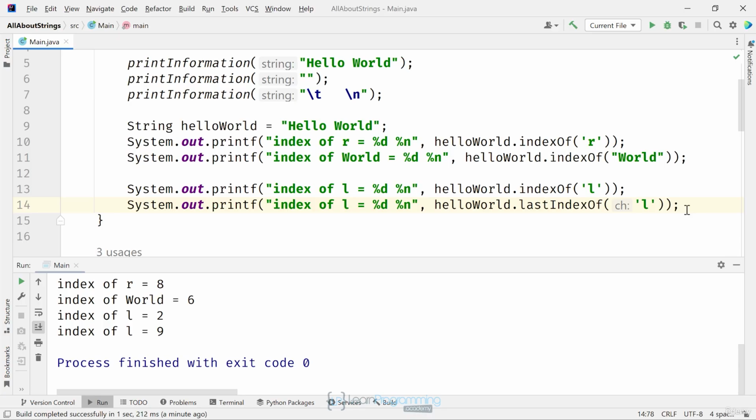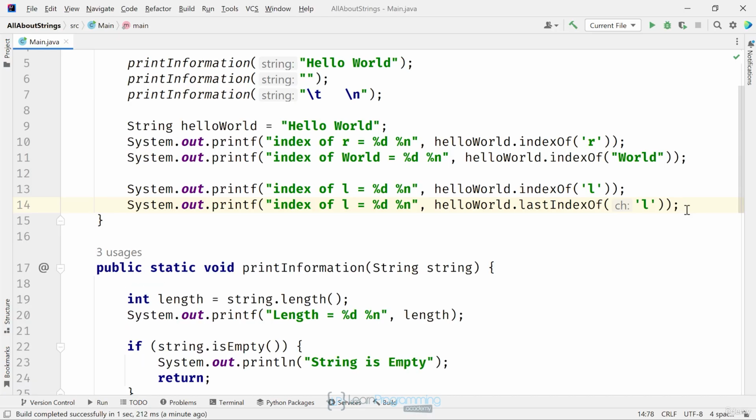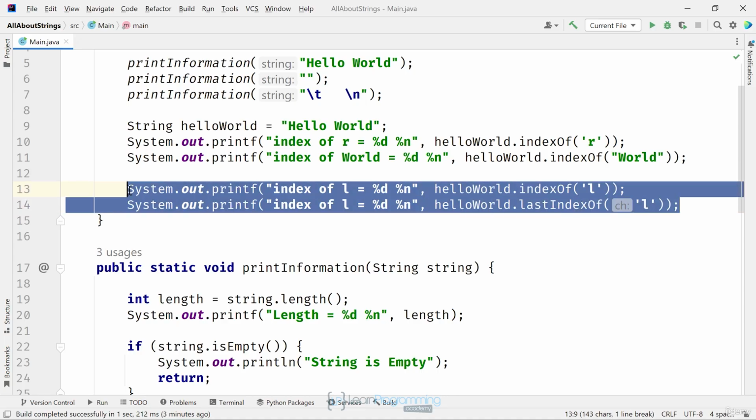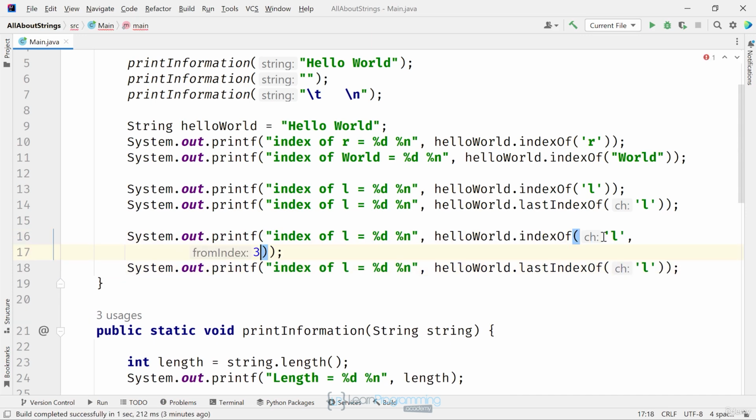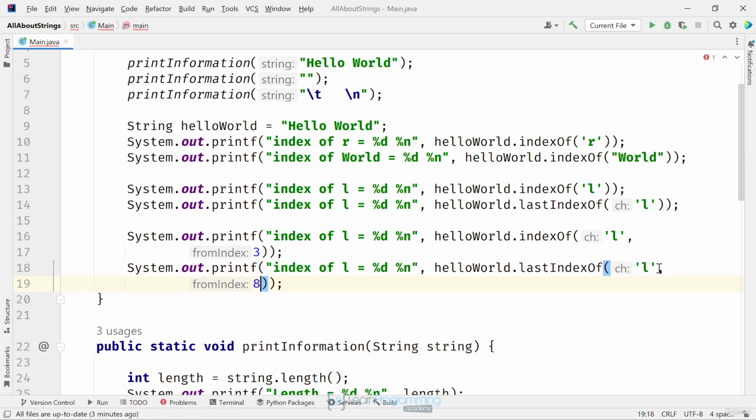I said the last L was at index 9, and since this method searches backwards for the character and not forward, I'll use 8 as the second argument. Let's copy both of those previous statements and paste copies, and add 3 as a second argument in the first method call. And in the second method call, I'll add 8 as the second argument for the lastIndexOf method. If I now run this,